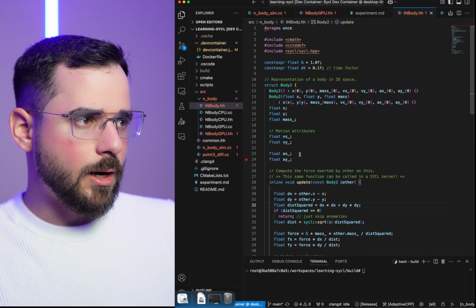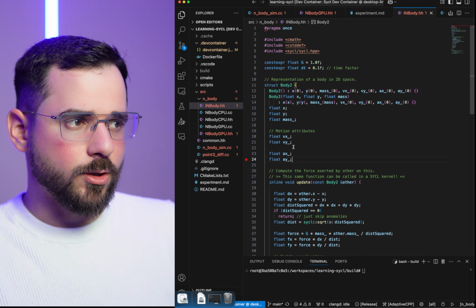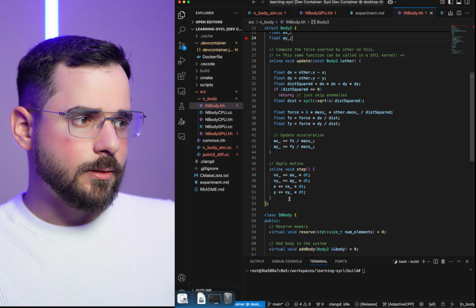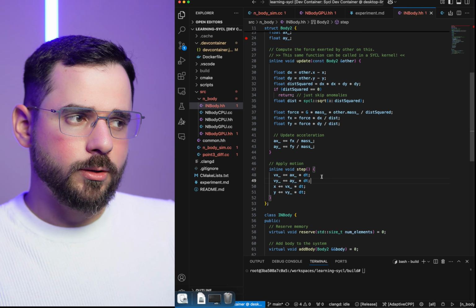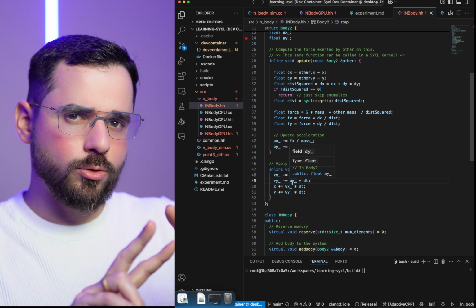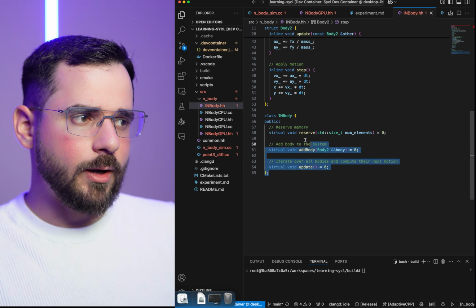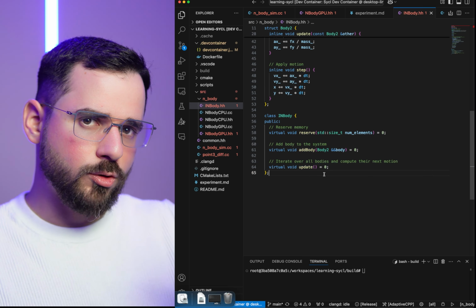This is the abstract body. It contains data, so some floats. It contains basic motion simulations. This is a two-dimensional body simulator, and I've added a few virtual functions that are supposed to be implemented in